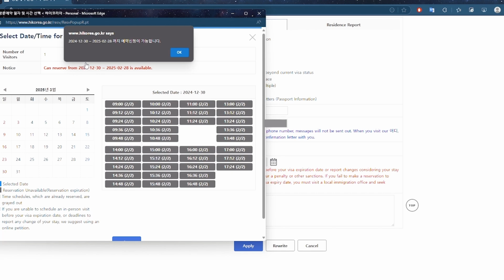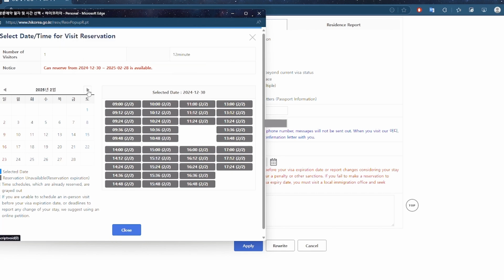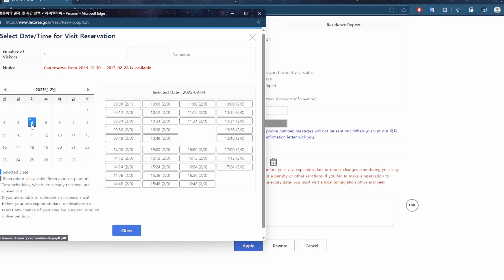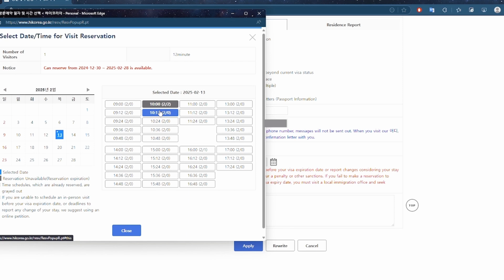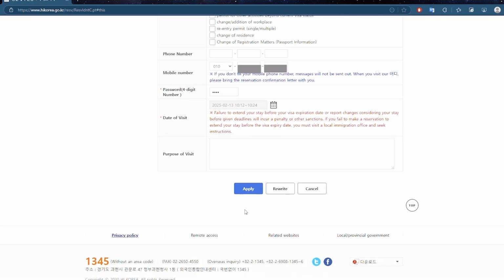So as you can see, there is an error. It's still December. You can't book later than 2 months. If you see, there are the available dates. So where there is no gray mark on the calendar like this, those are the available dates. So if it's in January, in February, but if you see the timing grayed out, then it means it's not an available timing for you. If you see 2 by 2, at that time they will only select 2 people. I'll just go here, select my time and apply. As I don't need it now, I won't click on apply. You just click on apply. Okay.